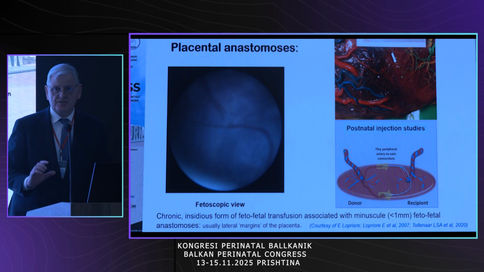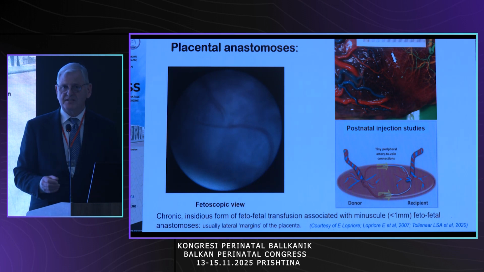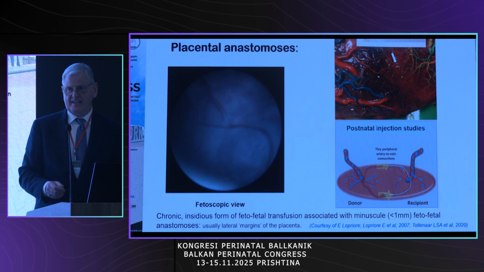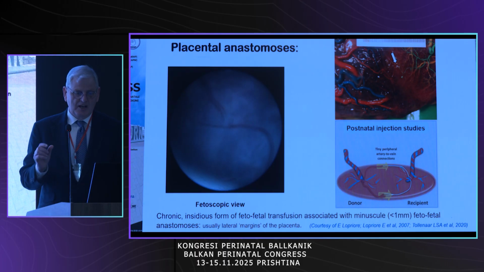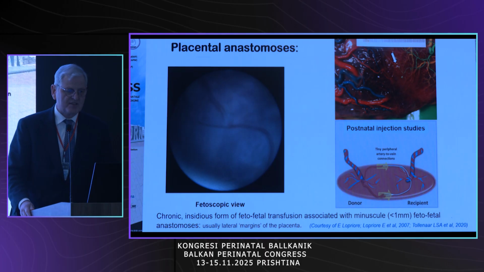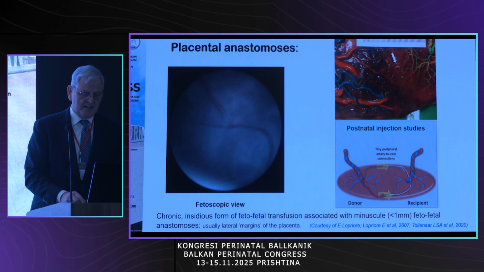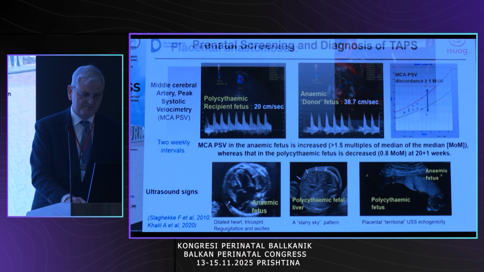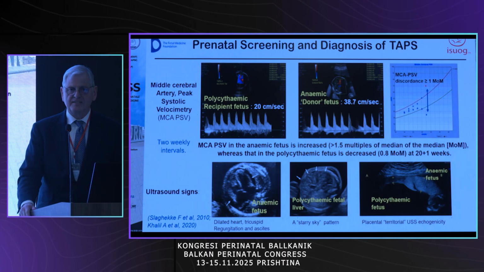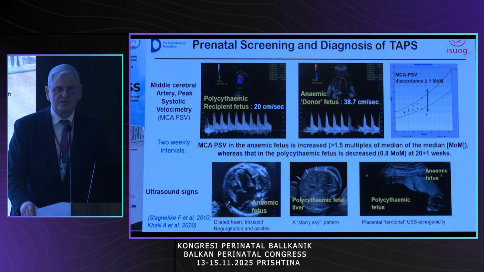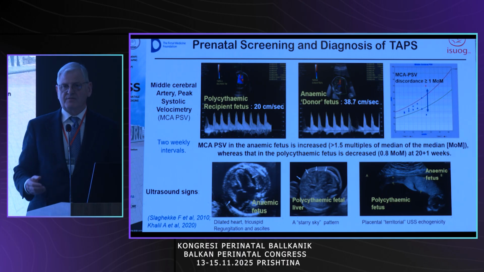It's due to the presence of vascular anastomoses, but these anastomoses are hair-like connections at the periphery, the peripheral edge of the placenta, that cause a very slow leak of blood from one fetus to the other. So the anastomoses are less than 1 millimeter in size. And as I've indicated, the screening for this involves middle cerebral artery peak systolic velocity, just as you